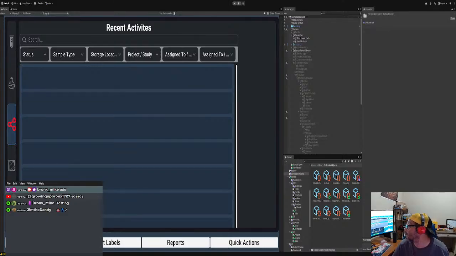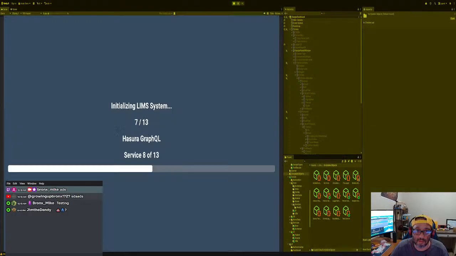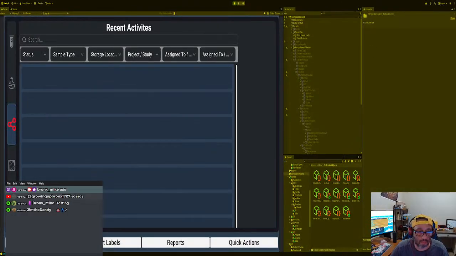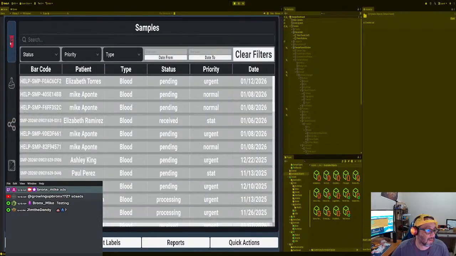Okay, we got any errors? No errors. All right, and then we go back here, and then we should be able to see, we are not, let me see if we got any data. I don't think so. If not, we'll ask the AI to make some data for us. Okay, so